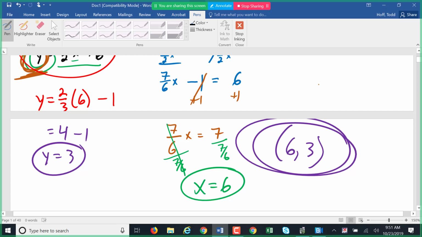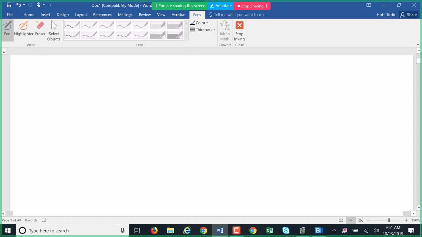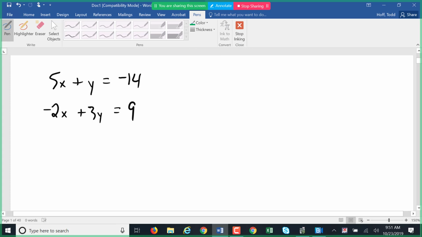Now, these equations were set up in that graphing format, slope-intercept form, y equals. So it was very easy to put them together. It's not always quite that simple to do. We might have 5x plus y equals negative 14, and negative 2x plus 3y equals 9. Here, they're definitely not in y equals form, and neither of the equations is solved for one of the variables. So our first step